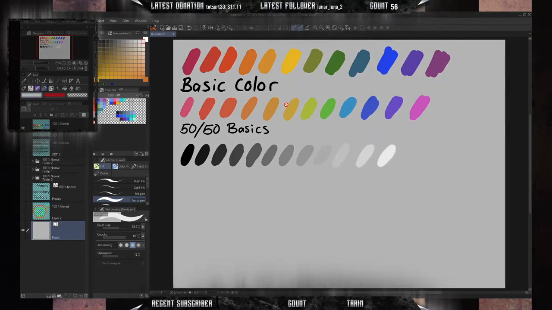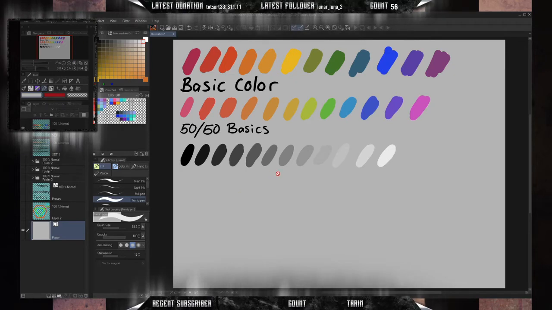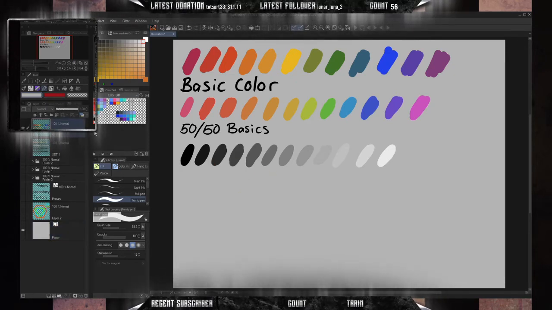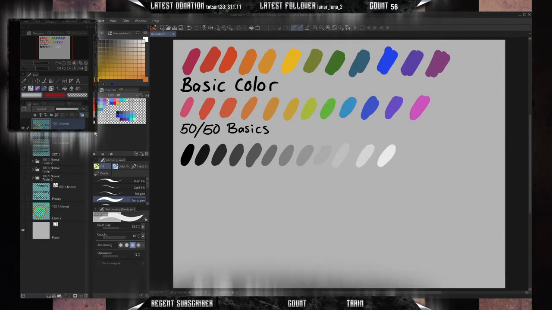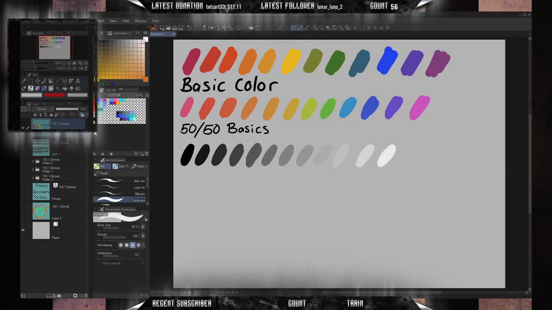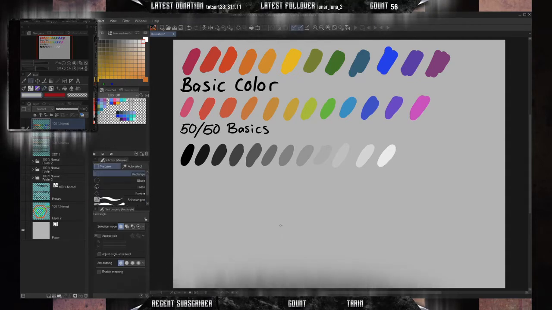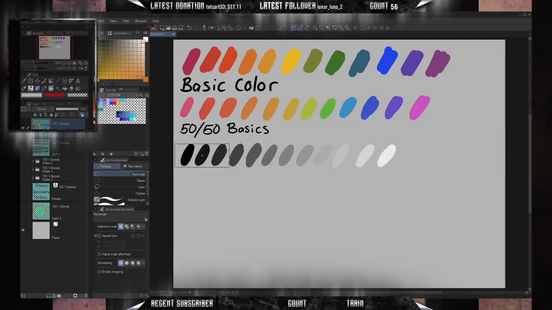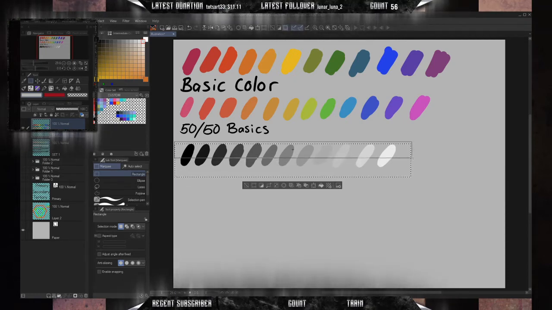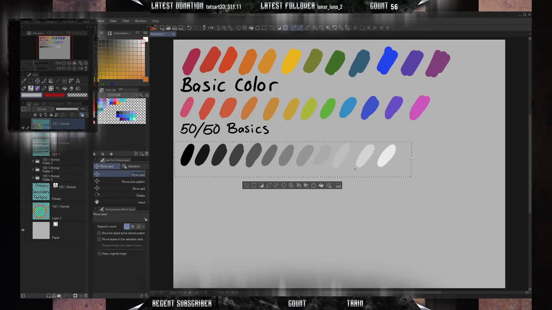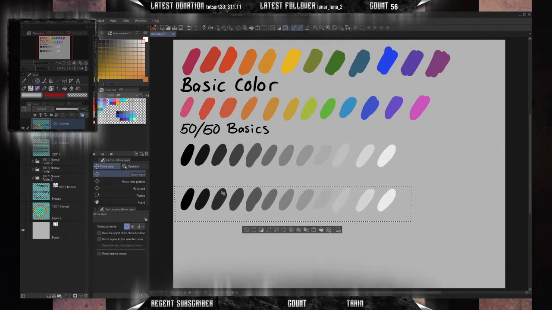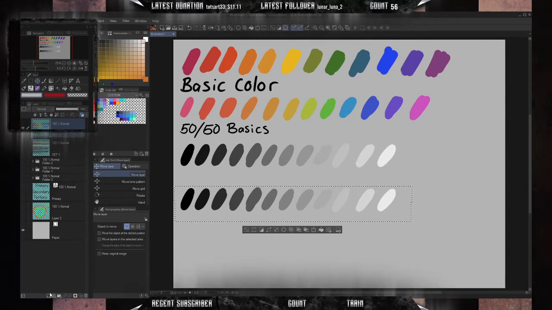There. Now you can see all of them. These are the achromatic colors. The achromatic colors are colors that are void of any pigment or any hue, so they have no color to them whatsoever. Achromatic colors, it's a value scale essentially, are actually pretty useful when it comes to making